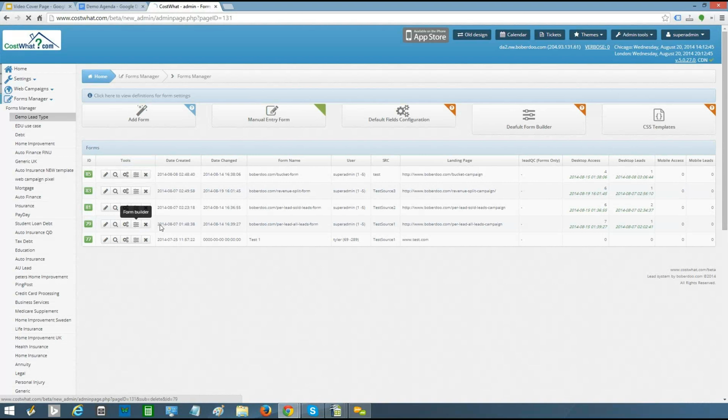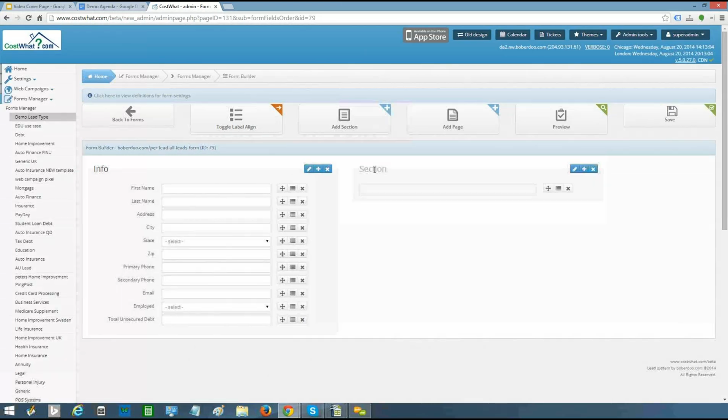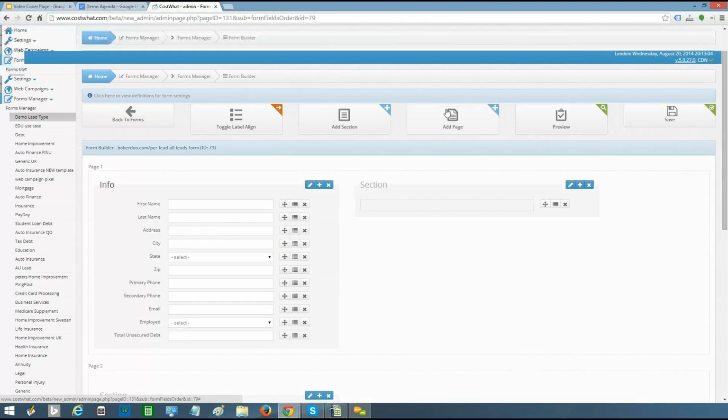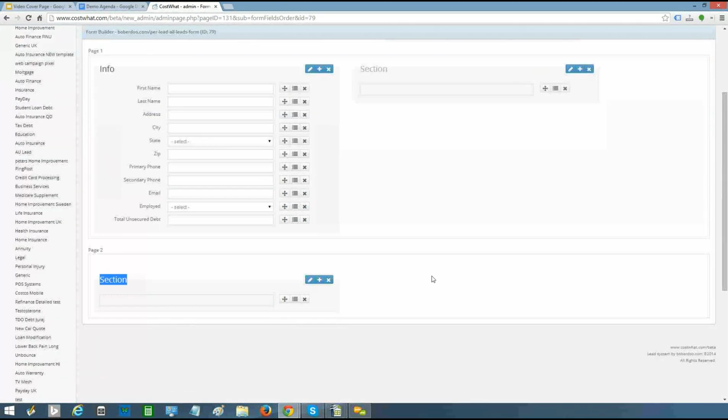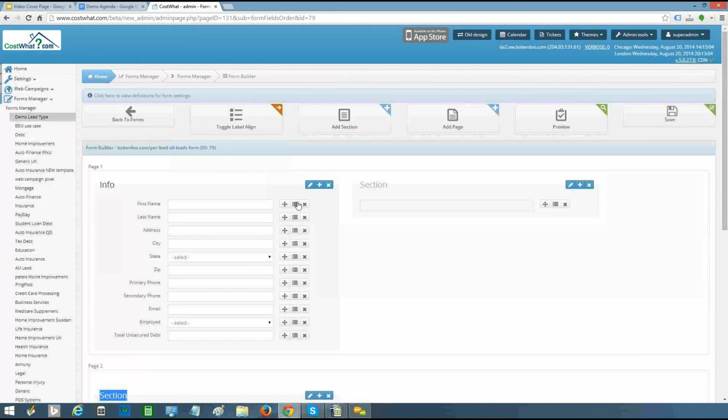And then finally, you have the form builder allowing you to customize the layout. So you can do things like toggle align, you can add horizontal sections. For longer fields forms, you can add page splits. And again, as you customize this layout and save it, it will automatically get pushed to any place that has